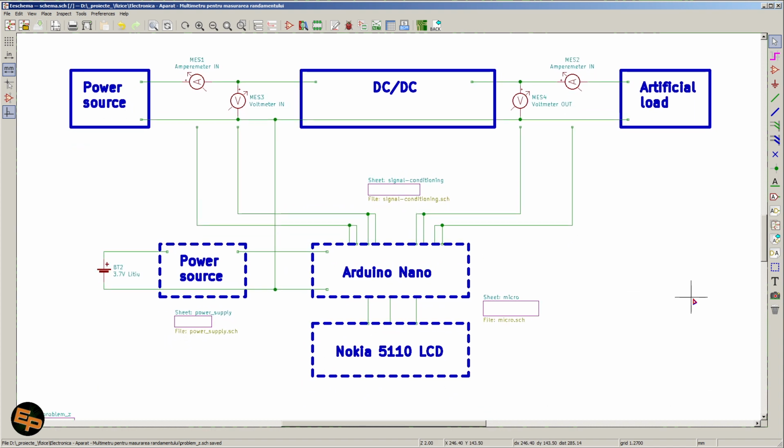So this is what I'm presenting to you here. What I've been trying to do and accomplished to a certain degree is basically create a device that measures both voltages and both currents at the same time. This device relies on the fact that we are having a common ground for all of these entities here. So we have a common ground for the DC-DC converter, for the power supply, for the load at the output,